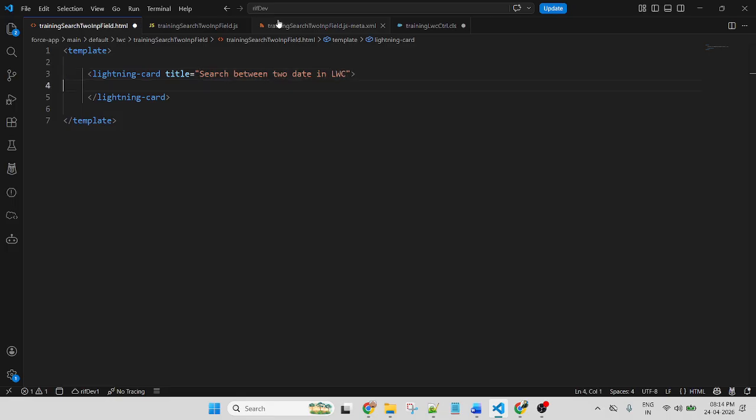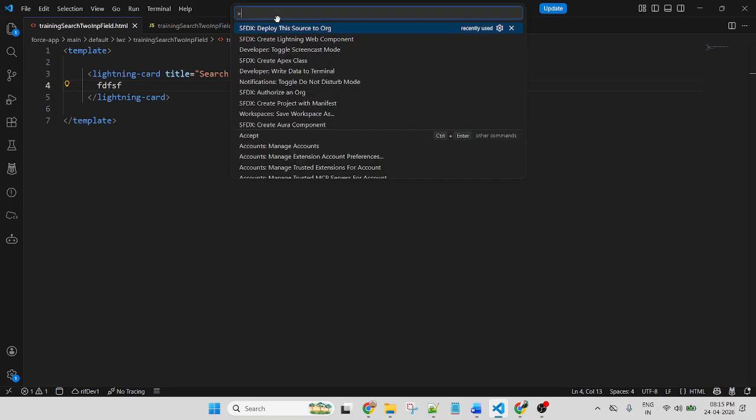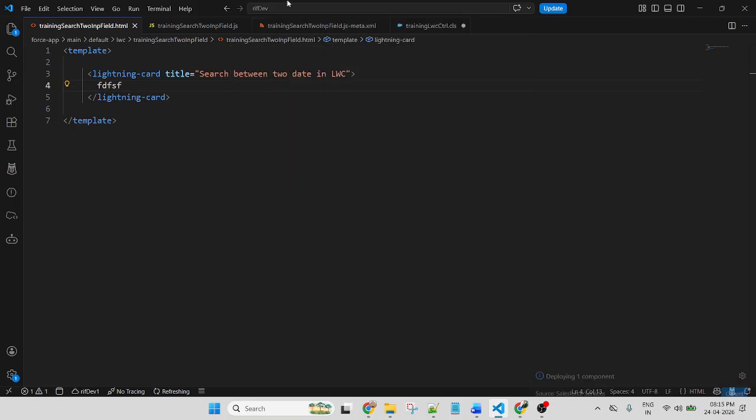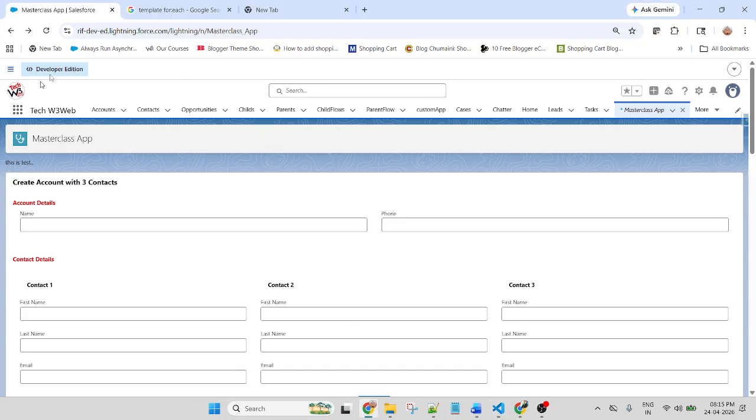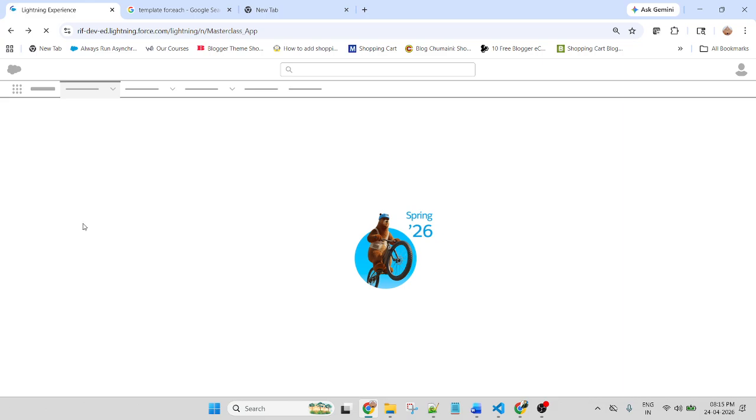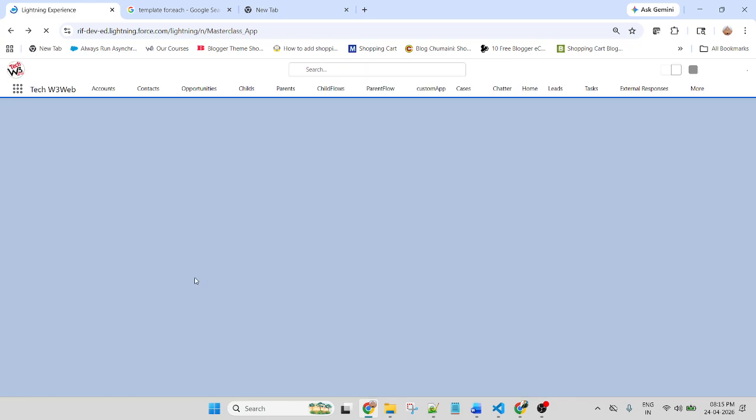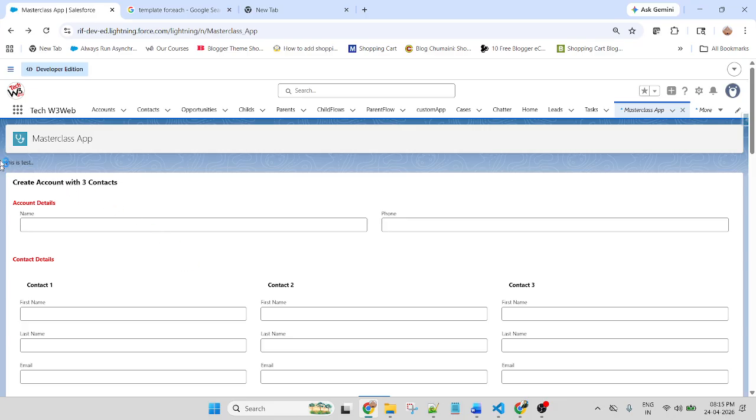This is my title. Now putting some dummy data and deploying the code. What happened? It will display the title and a container including a white background. It is not refreshed.